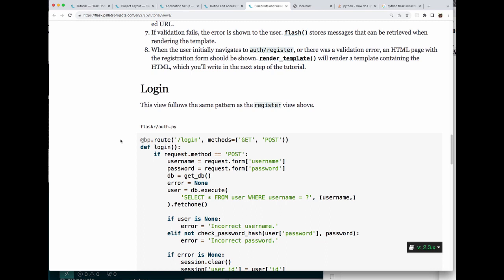If request.method equals POST, we're doing the same thing. We're getting the username from the form, we're getting the password from the form, we're getting the value for db from the get_db function. We're going to assign error to equal None, and we're going to assign the user to equal the db.execute, and then we have a SQL statement, SELECT * FROM user WHERE username = ?, and then comma in parentheses username comma, and then we close the parens, and then we chain to that db.execute method the fetchone